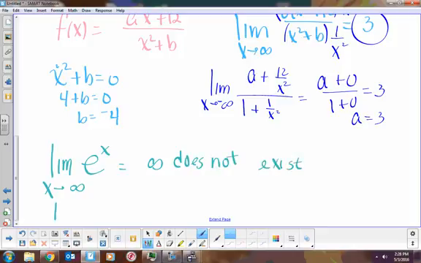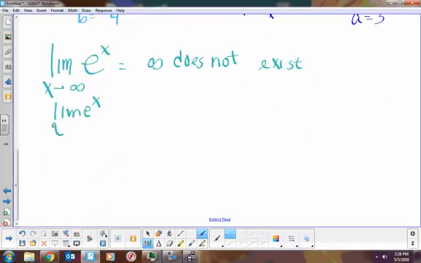All right, so now let's do the limit of e to the x as x approaches negative infinity. What does that mean this x is? This x is what? It's negative. It's very, very, very negative. What does a negative exponent do? It makes it 1 over. So this would be the same thing as 1 over e to the x as x goes to positive infinity,